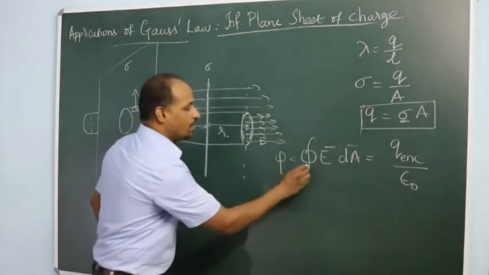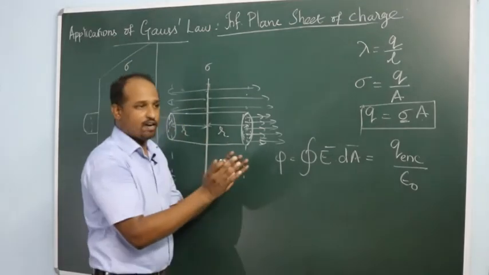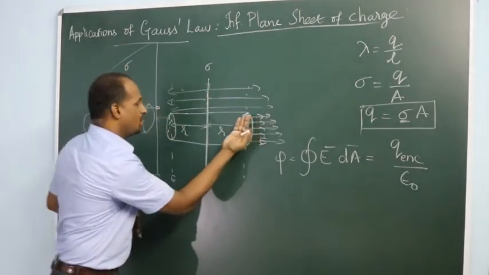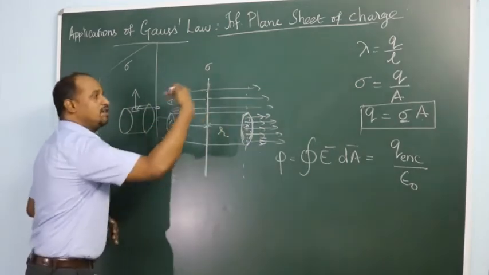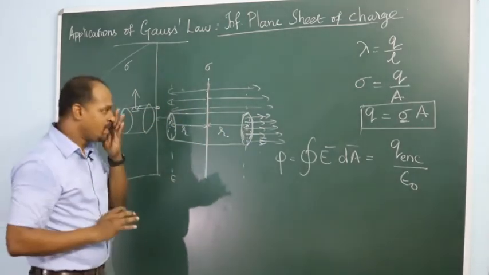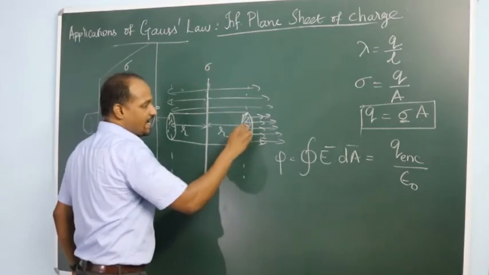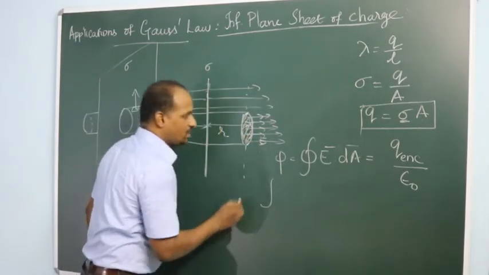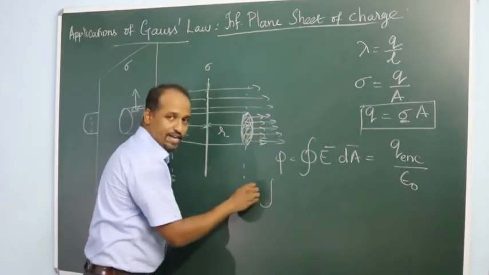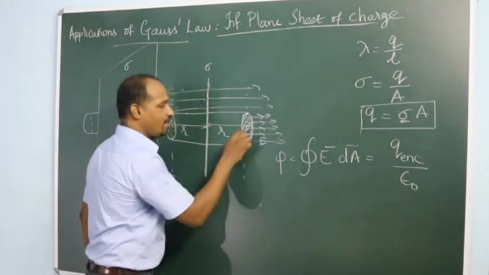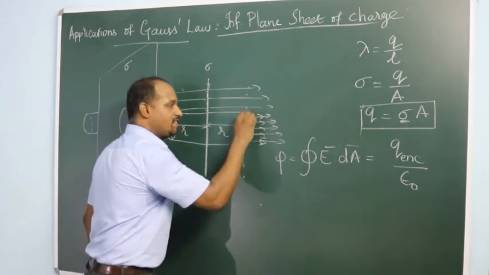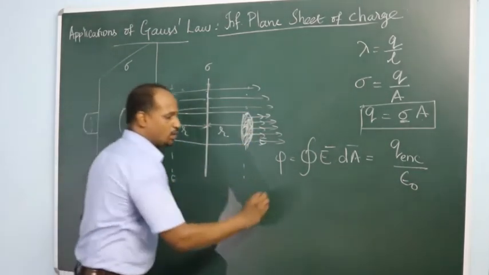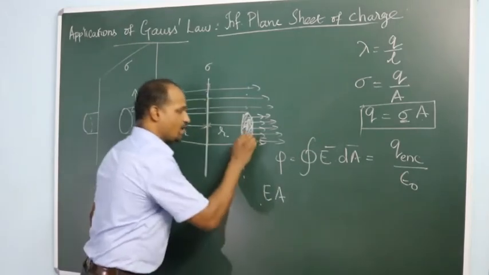And here in the E dot dA, there will be 3 terms: E dot dA due to the curved surface, E dot dA due to this surface, and E dot dA due to this surface. Over the closed surface, the curved part's E dot dA will be 0. Suppose this area is A, and the electric field at all points is E, then the integral around this cap will be E, constant, you can take it out, and the integral of the area will be the area of this. If the area of this cap is A, the area of the other cap will also be A. So E into A for this cap.